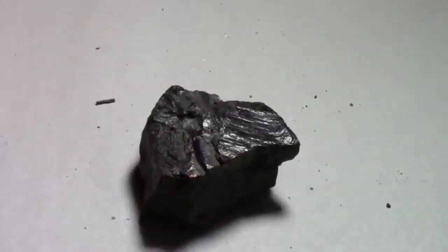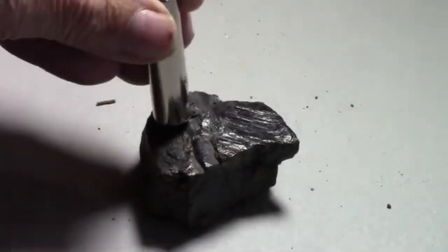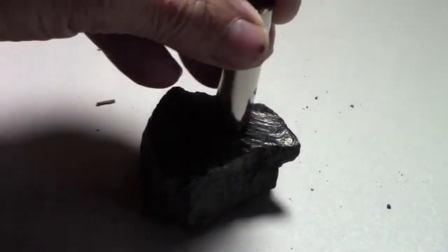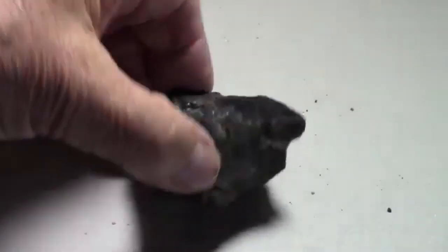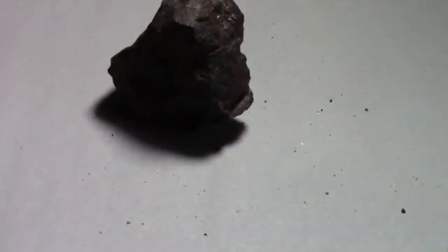And that gold is because this is a heavy rock. If I can get it in the camera. It's a heavy rock. It's a magnetic rock slightly. It's not as magnetic as the others. I mean, it's a little bit. But it does have the gold right in it, right in that edge. That's the only spot on there. If you look on this side, if it shows up well, it actually has a reddish tinge to it